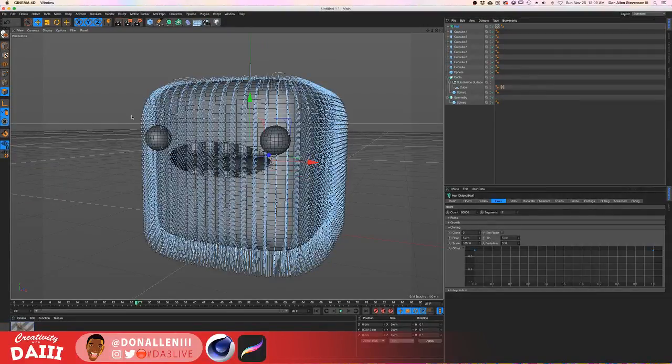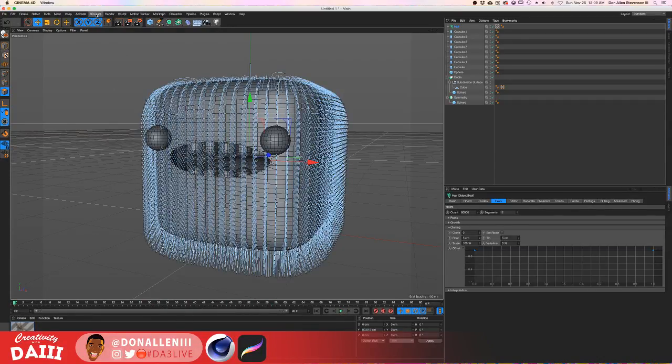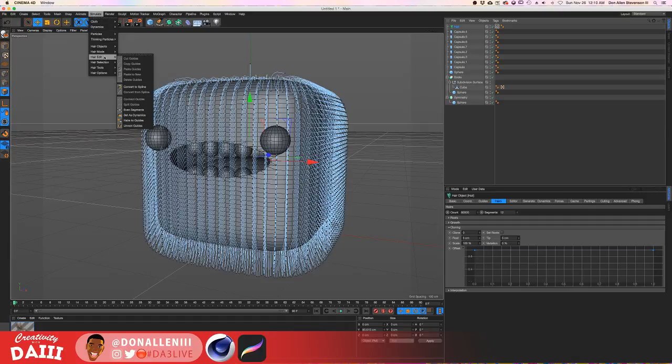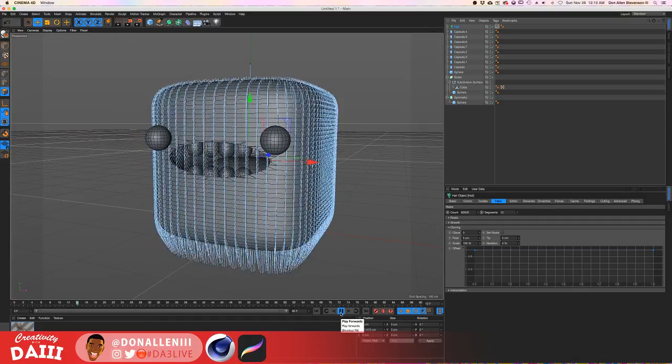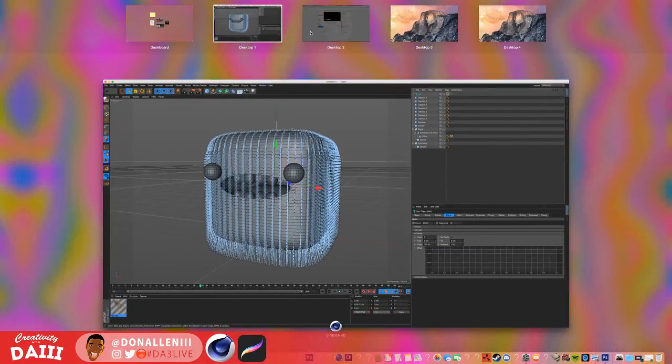Boom. So we have set it as dynamics, and now when we hit play, oh, that's not good. It shouldn't be moving. Let me try this again. We go to simulate. I'm going to select the hair again. Maybe that will do it. Simulate, add, oh no, hair tools, hair options, hair selection, hair edit, set as dynamics. Oh, that's not good. Normally, when I set it as dynamics, it stops